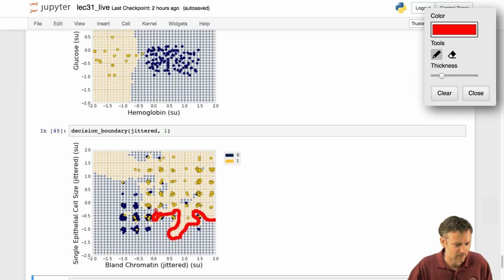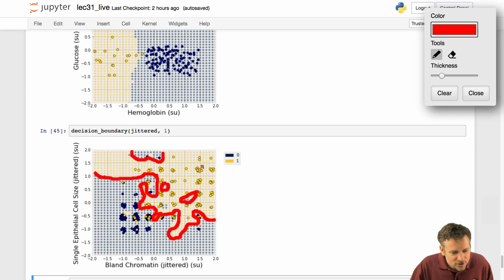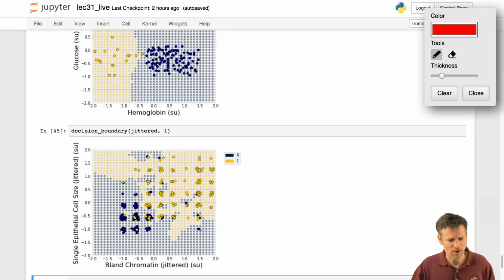And then strange stuff, and then weird stuff where if you're up here, it thinks you might be healthy. And then there's this weird island of benignness over here and another little island, and then one strange island over here. Oh my. When I look at these islands I say,